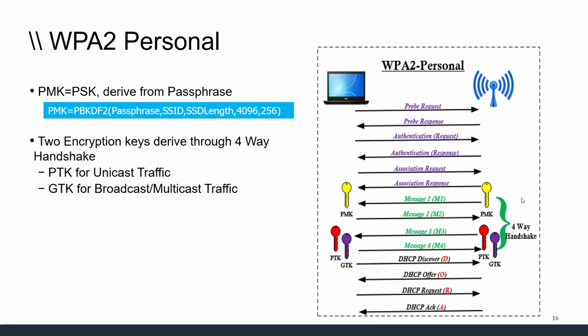From the frame flow point of view, if you're familiar with the basic frame exchange: probe request, probe response, authentication request, authentication response, association request, association response. Before the client starts encrypted traffic communication, both sides have to derive these PTK and GTK. As you can see here in green, you will see the four-way handshake frame exchange, messages 1, 2, 3, and 4, which we looked at in detail. Once that finishes, you will see traffic will be encrypted.